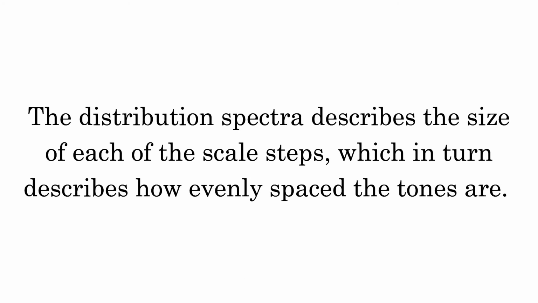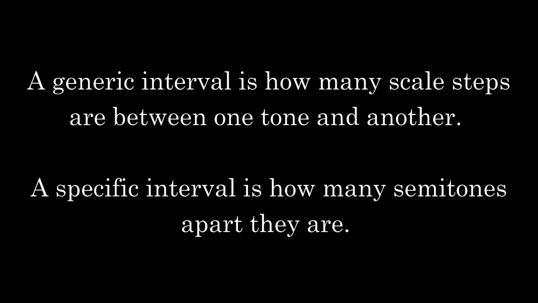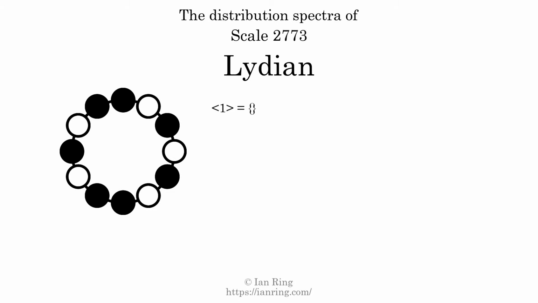The distribution spectra describes the size of each of the scale steps, which in turn describes how evenly spaced the tones are. A generic interval is how many scale steps are between one tone and another. A specific interval is how many semitones apart they are. The generic interval of one scale step comes in 2 different specific interval sizes, 1 semitone and 2 semitones. The spectrum width of this generic interval is the highest, 2, minus the lowest, 1, which equals